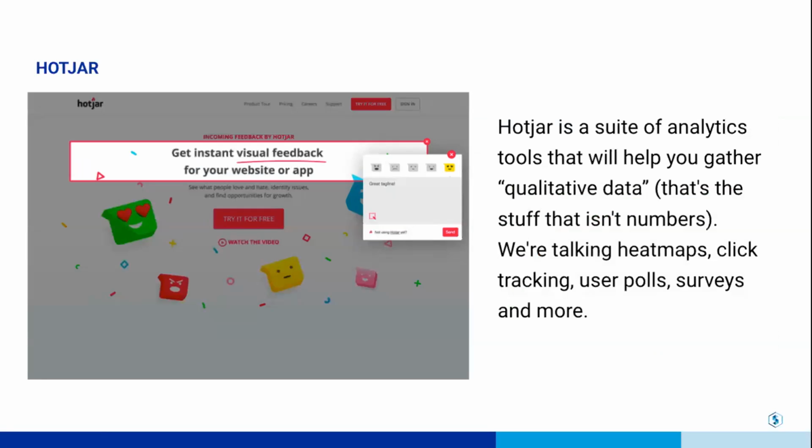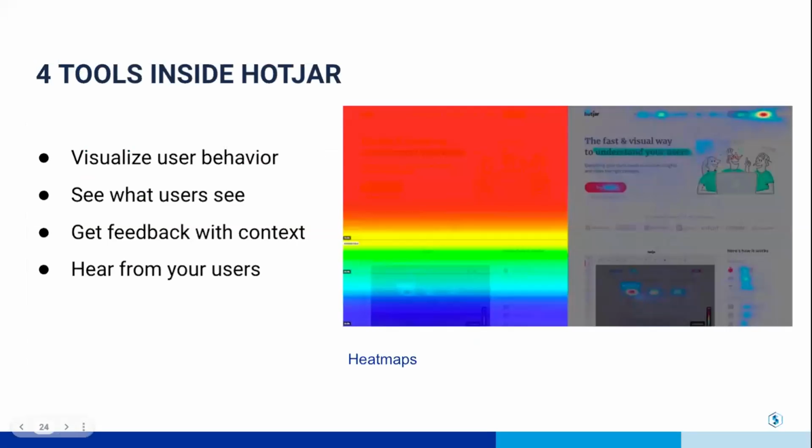This is a suite of analytics tools that help you gather qualitative data. That's the stuff that isn't numbers. Here we are talking about more like heat maps, click tracking, user polls, surveys, and more. And how Hotjar works: there are 4 tools inside Hotjar that reveal what traditional analytic data doesn't. For example, visualize user behavior, see what users see, get feedback with context, and hear